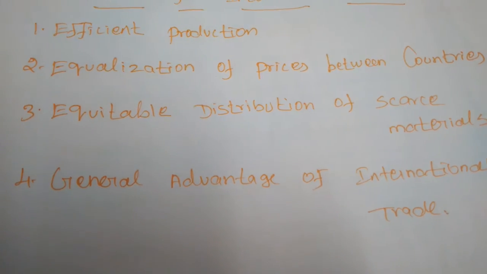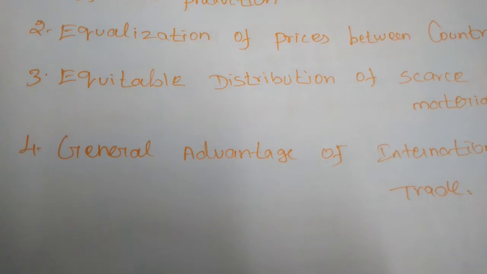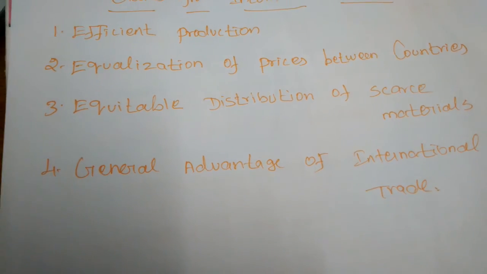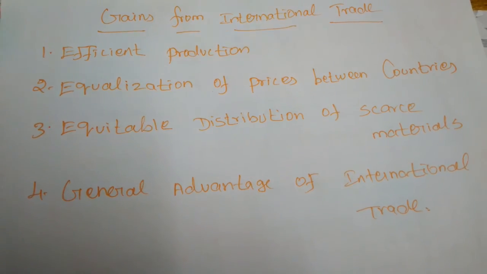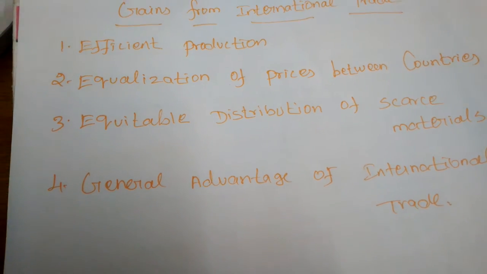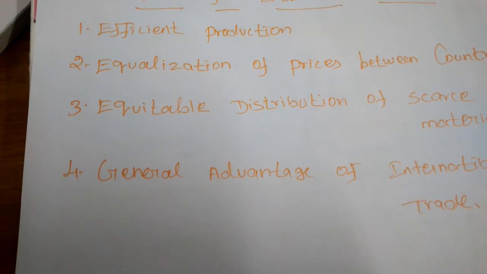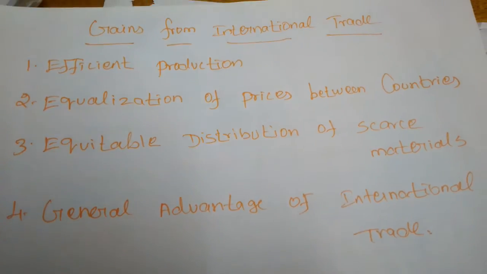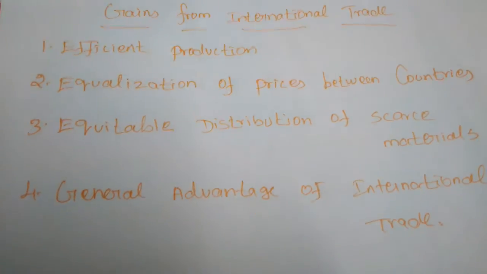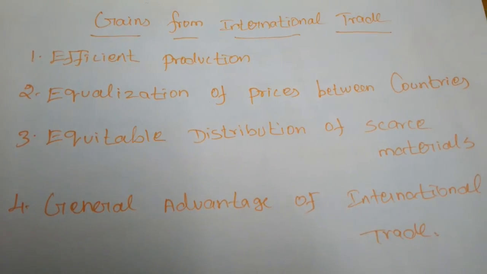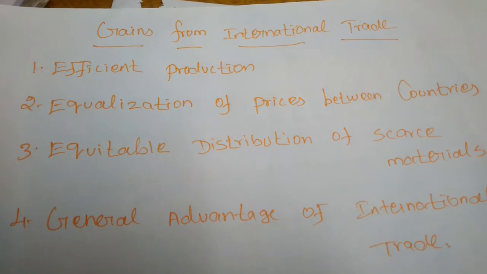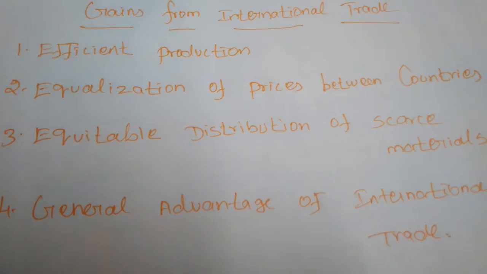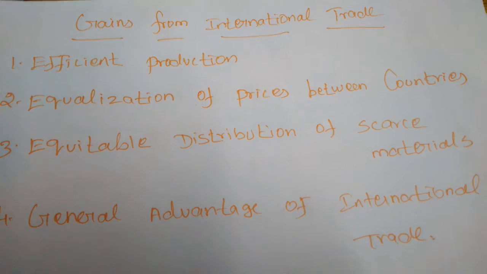Next, the difference is only with regard to the cost of transportation. By including the cost of production, we can get some difference in their price. Next, the prices of factors of production are also equalized, because when we are involved in international trade, as we studied already, all the factors of production can move from one nation to another. So all the factors of production get fully employed.